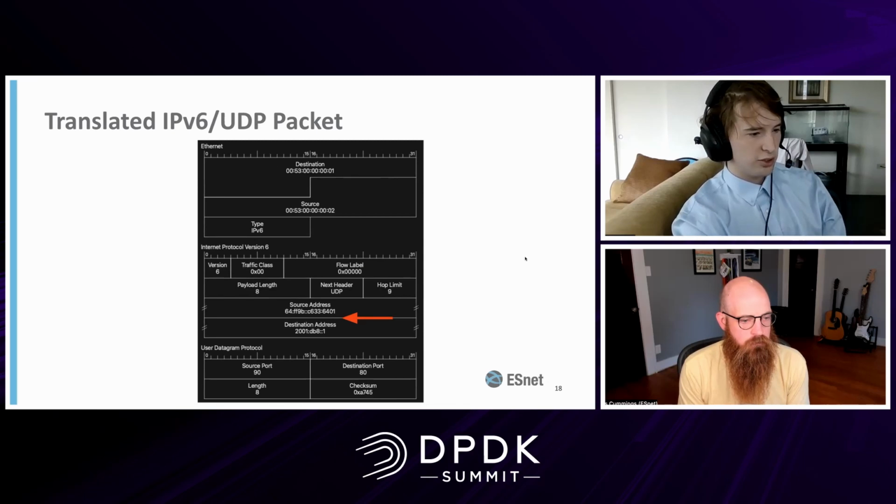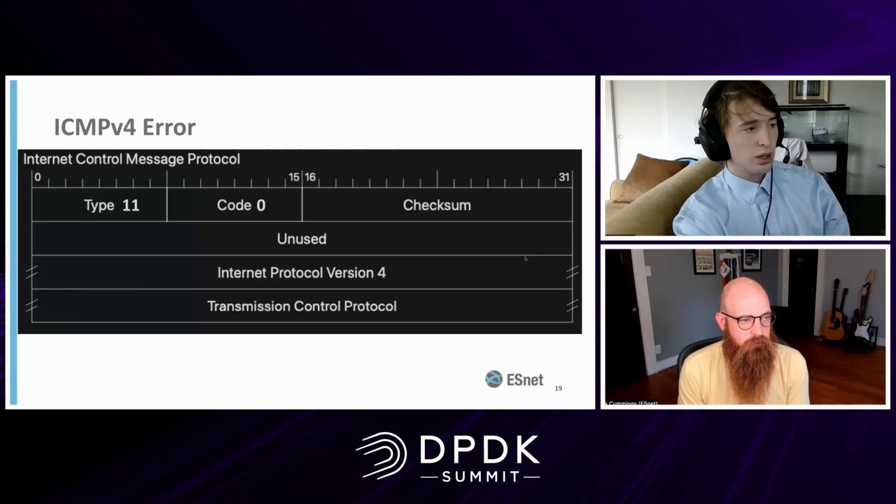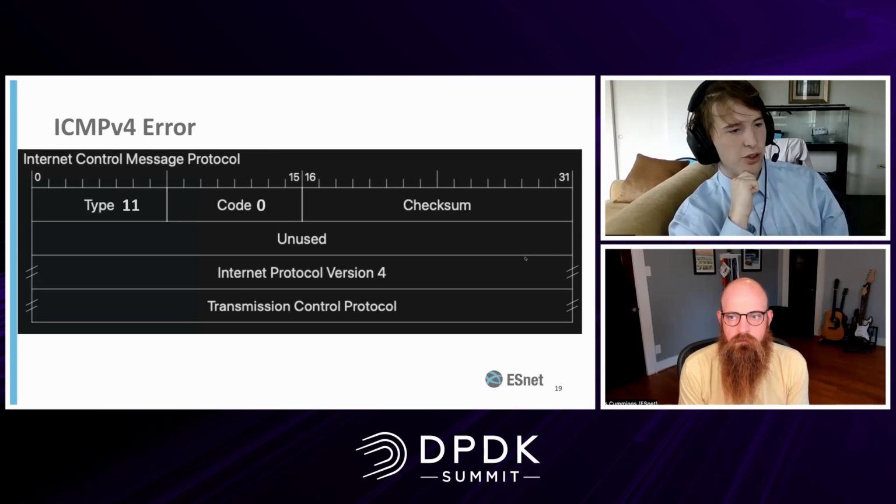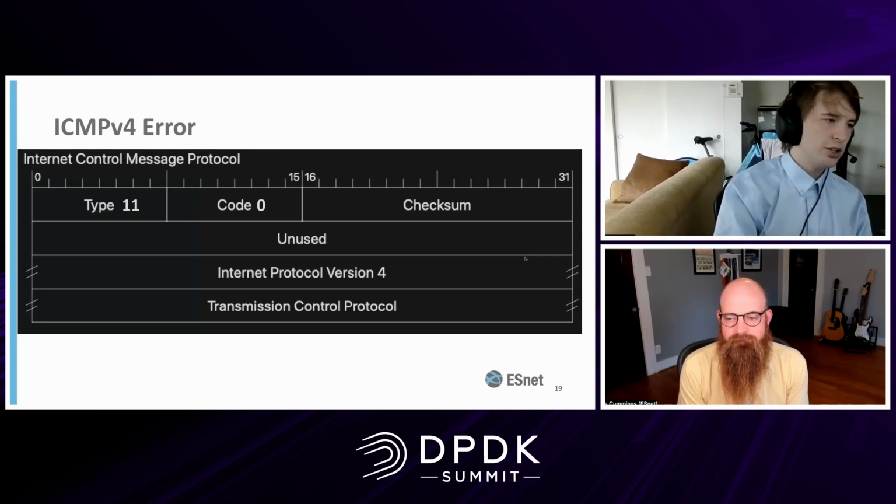So this is what the translation is going to look like. You can see the checksum has been updated. So now we're going to talk a little bit about the slow path. So for the motivation behind this,